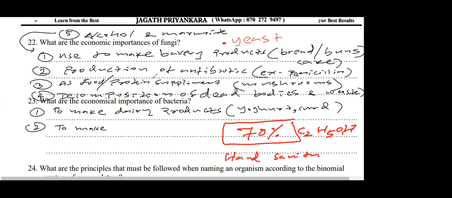To make this ethanol or alcohol, what is the fungus used? Yeast. What is the process? Fermentation. In the alcohol industry, toddy, coconut toddy, you can get ethanol also from toddy. Kitul toddy, we call it raw. Kitul toddy, coconut toddy. So fermentation is a very important process. What is the group of organisms involved? Fungus.